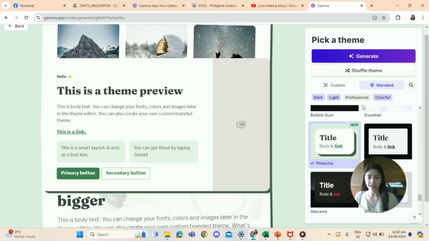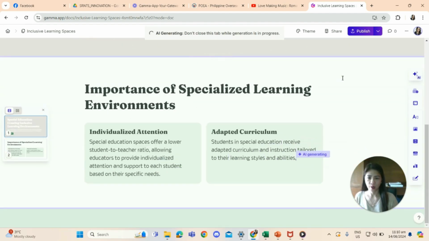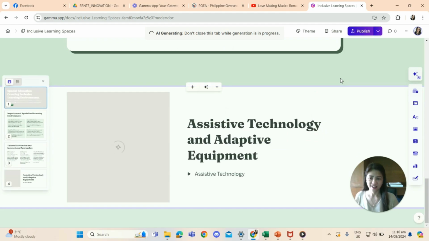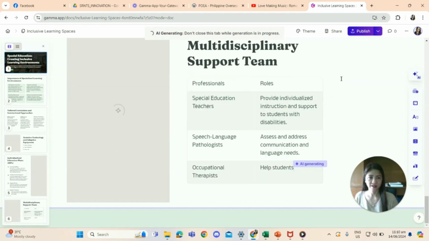Then I have to click generate for us to generate our website. Okay, just wait for it to be generated. Okay, this is generating. This will be my website. I have only 10 cards for my website.